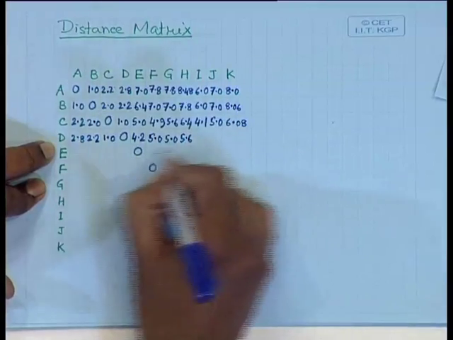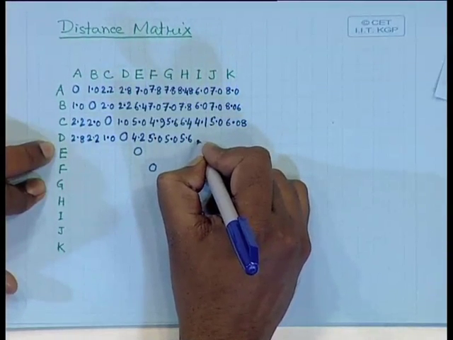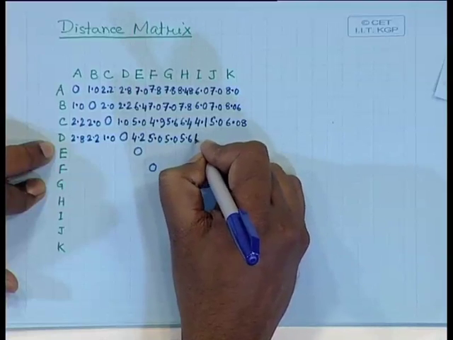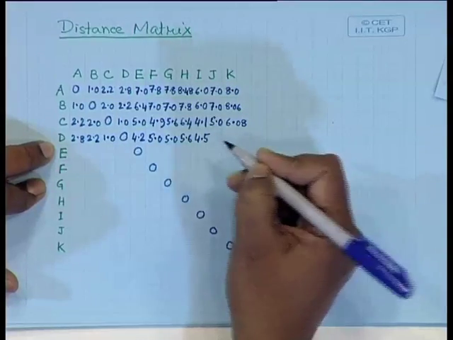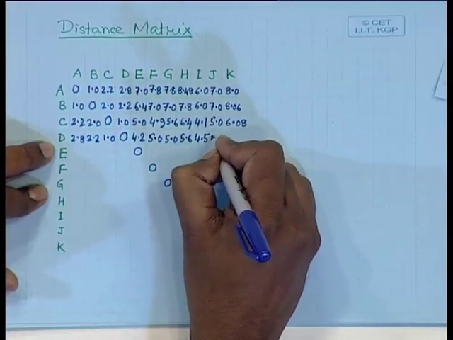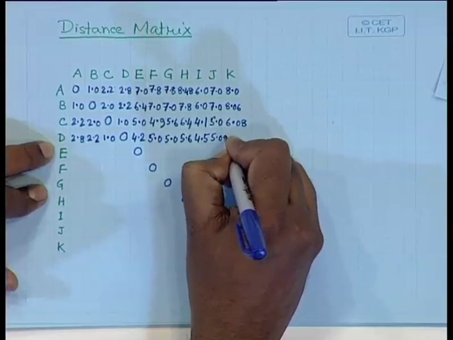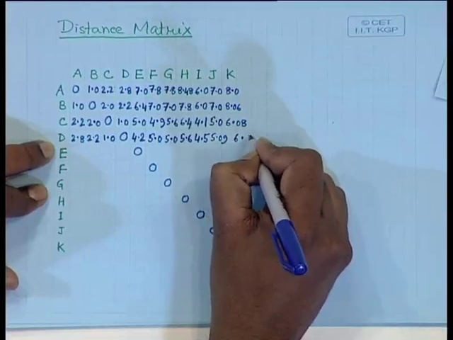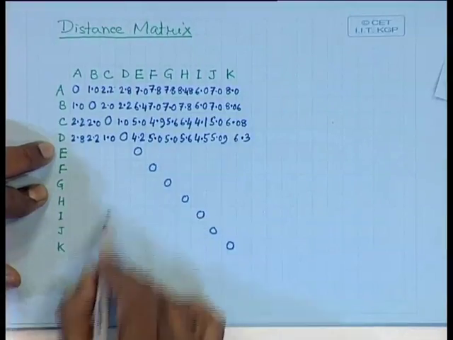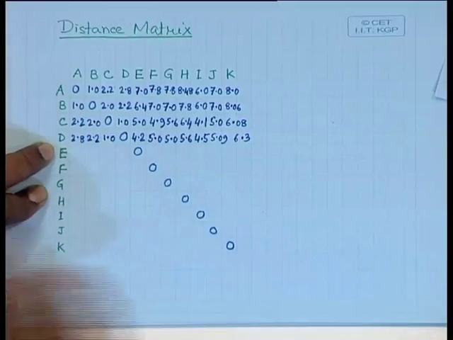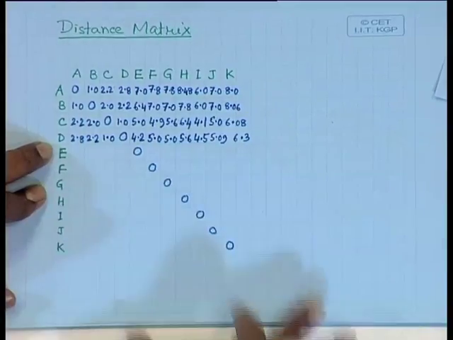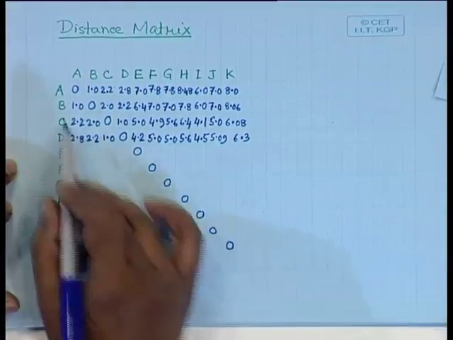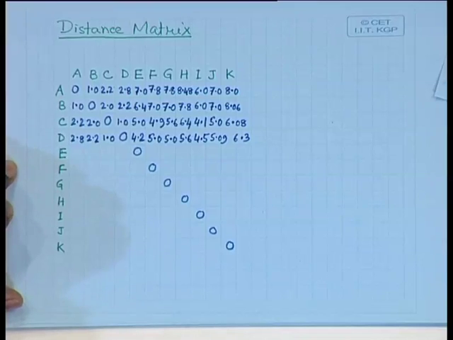Between D and I, the distance will be 4.47. So, let me write it as 4.5, then 5.09, and then the distance is 6.32. So, like this I can complete this distance matrix. Okay. I am not going for all the entries, and once you complete this distance matrix, you have to find